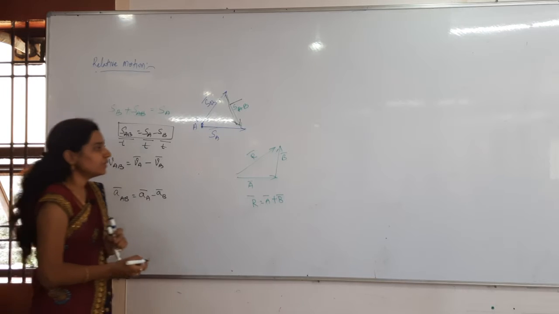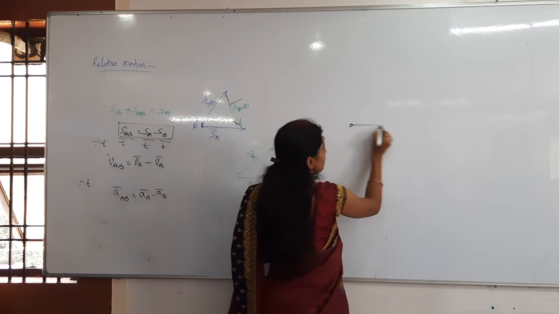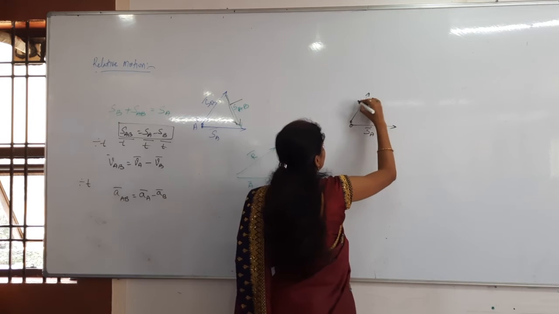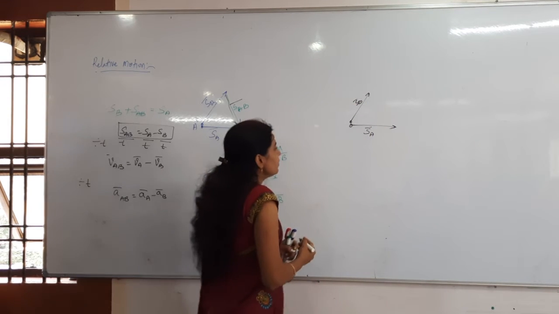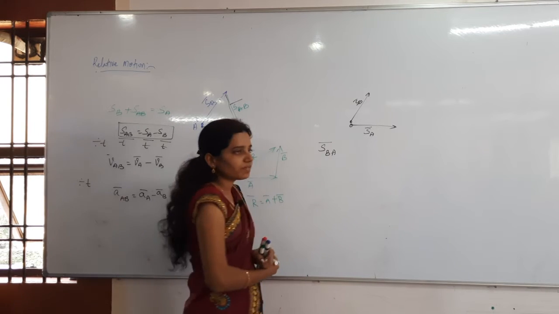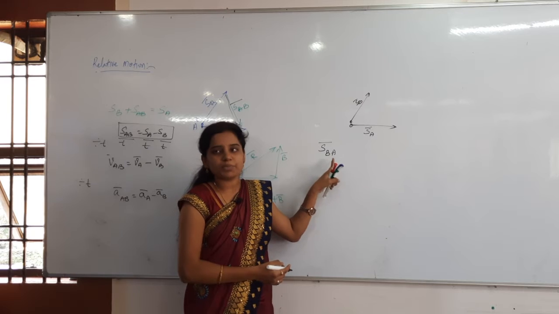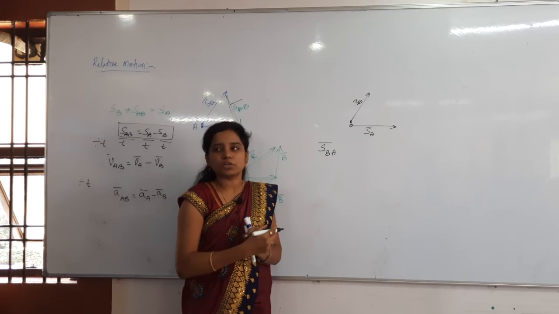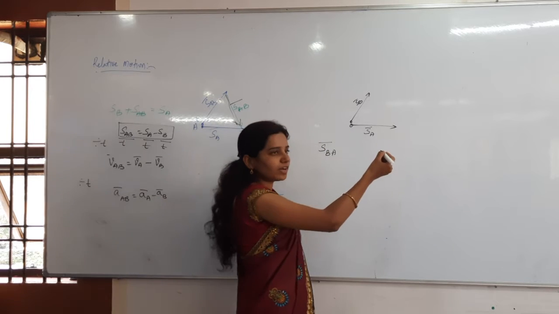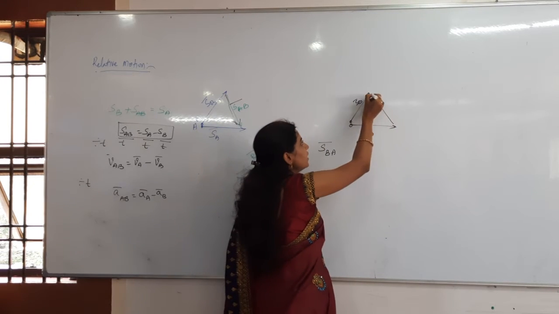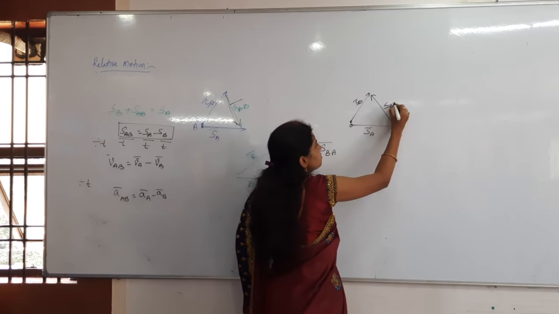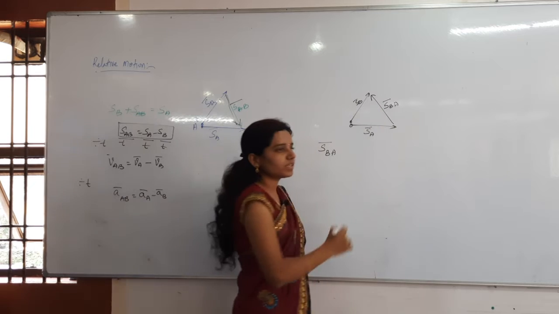Now the velocity of A with respect to B. For example, again the same bodies. This one is moving with SA, this one is moving with SB. Now the displacement of B with respect to A. Who is the observer here? A is the observer, B is the object. A has to look at B. So the arrow goes from A to B. A is observing B, so here SBA is the displacement of B with respect to A.